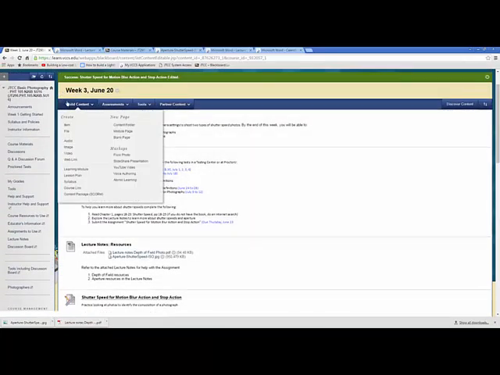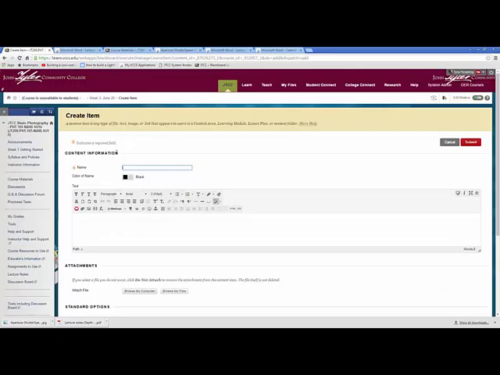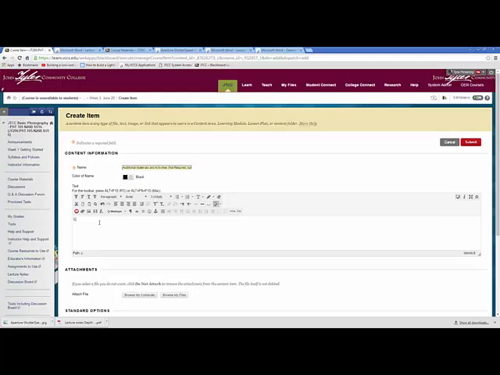Okay, I'm going to create your item for you. Additional materials and activities are not required, but will help you. So I'm going to say on here, look at week 2, and combine the 3 items below into this